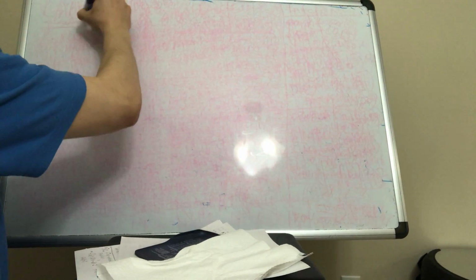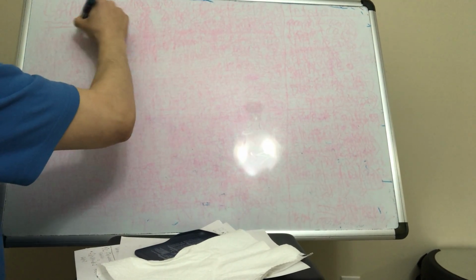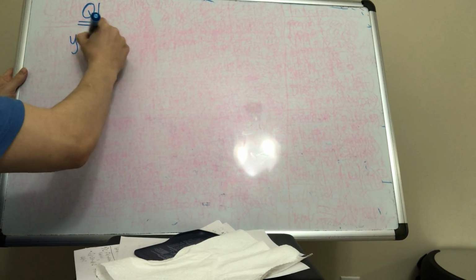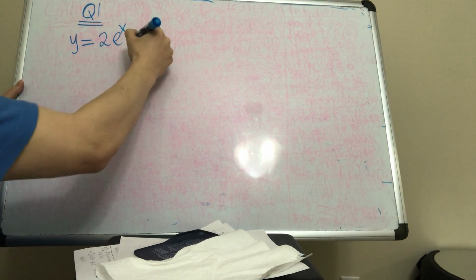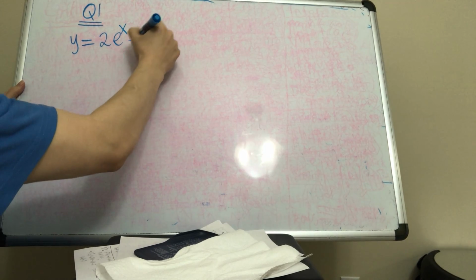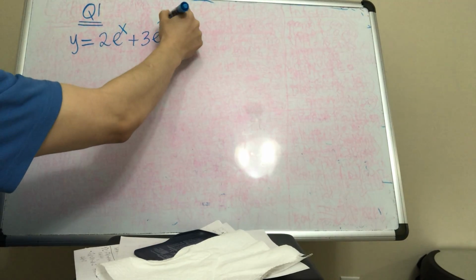Okay, the first question has part A and part B. It was basically if you have a function y equals 2e^x plus 3e^(2x),